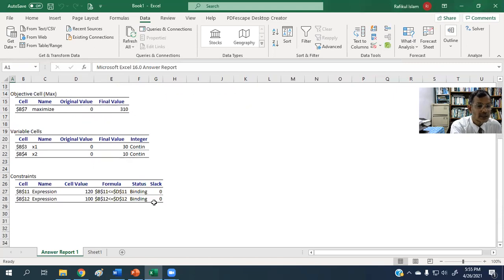All right. Now in this constraint section, there is one word, binding. So what is actually a binding constraint? Binding constraint means when you substitute the optimal values of the variables in the left-hand side of a constraint, if the left-hand side equals the right-hand side after substitution, then it becomes a binding constraint. For example,